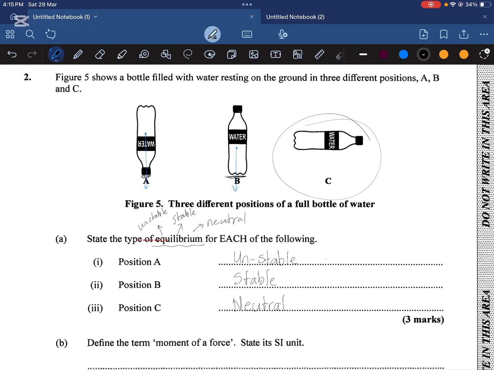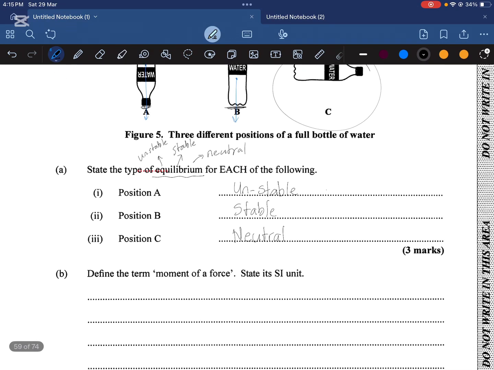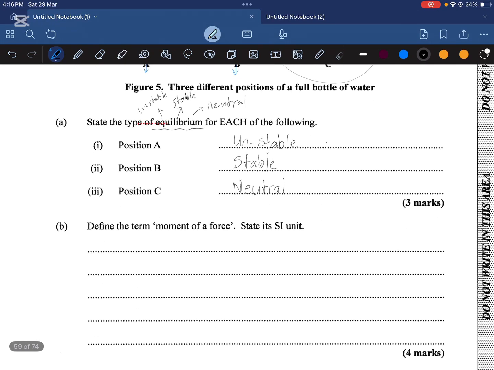because it's going to require more force, more tilting, for it to actually fall to the side. All right, now let's go to part B, which says: define the term moment of a force and state its SI unit. That's 4 marks. So the first thing is we define moments of a force. We can say that moment of a force is the turning